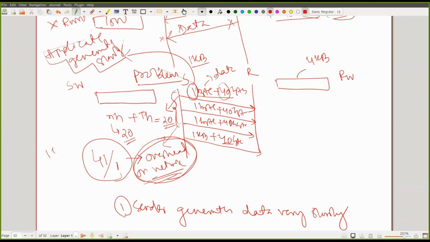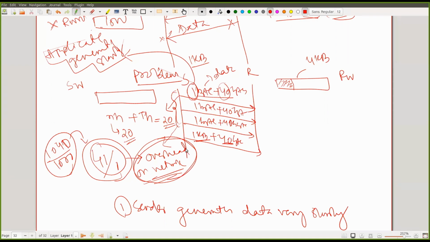The total bytes of data is 1040, so it is 40 by 1040, roughly 40 by 1000. If I calculate, this overhead is much less than the previous overhead. So the overhead is very, very small because the application layer is generating data very fast, so 1 KB of data at a point of time is good enough. Now 1 KB of data is going with 40 bytes of header. The sender has sent it, the receiver has received it, and it comes and is stored in the buffer.